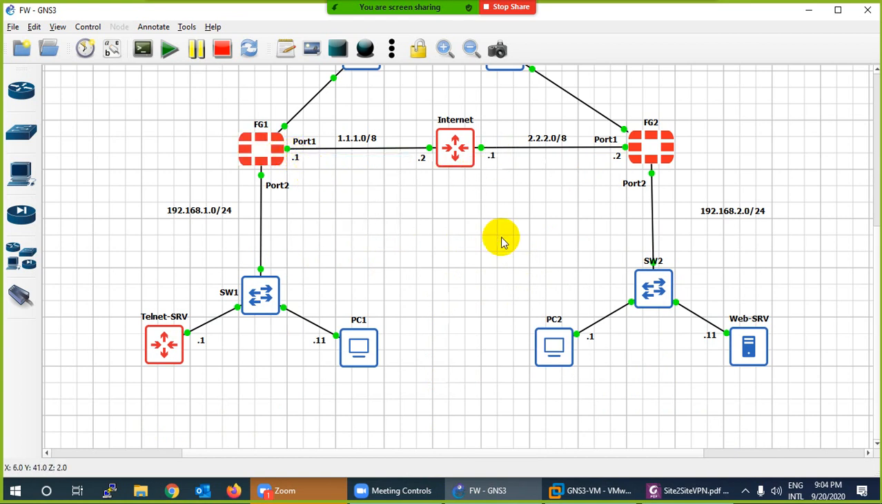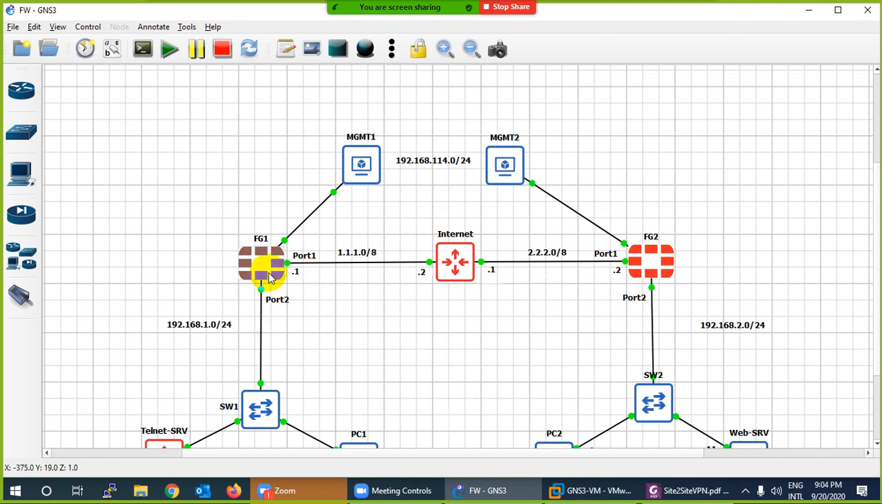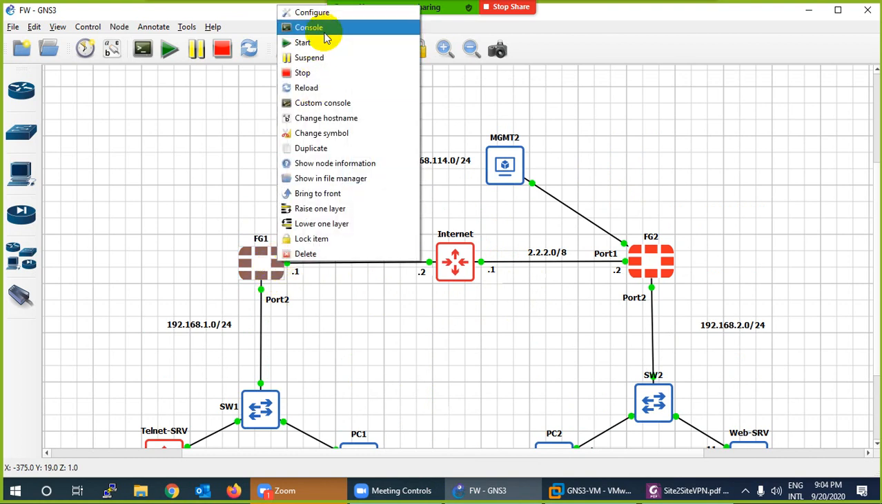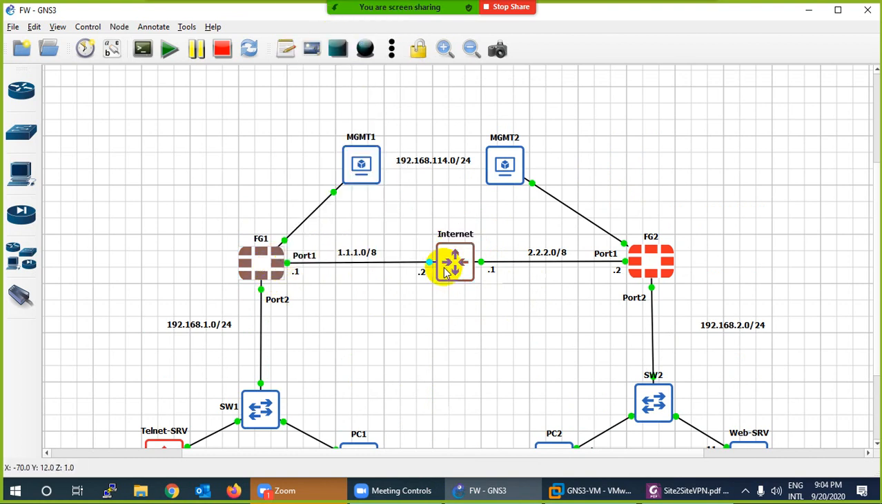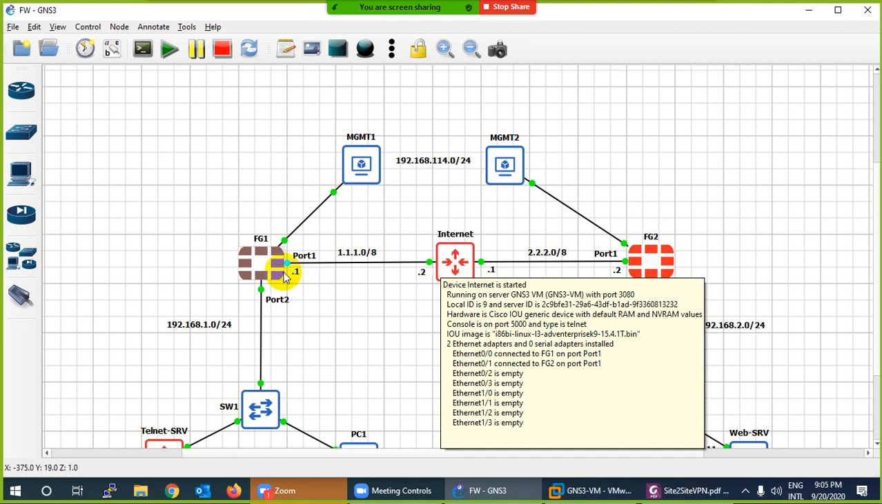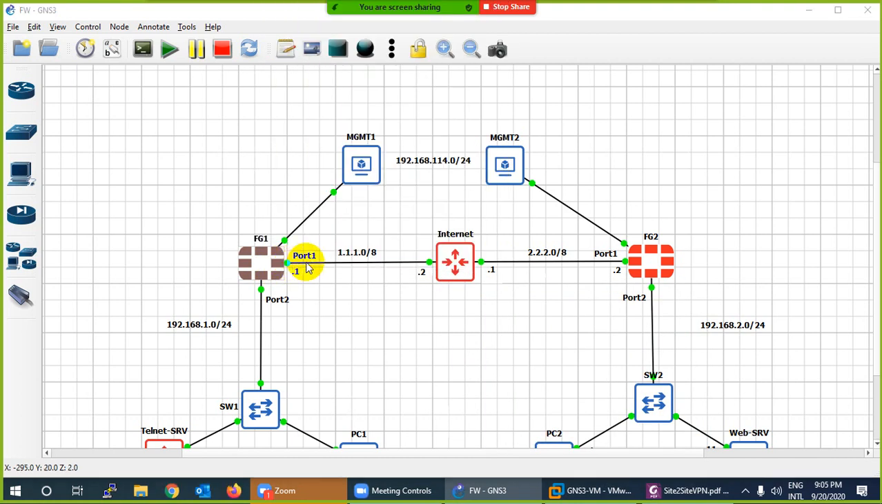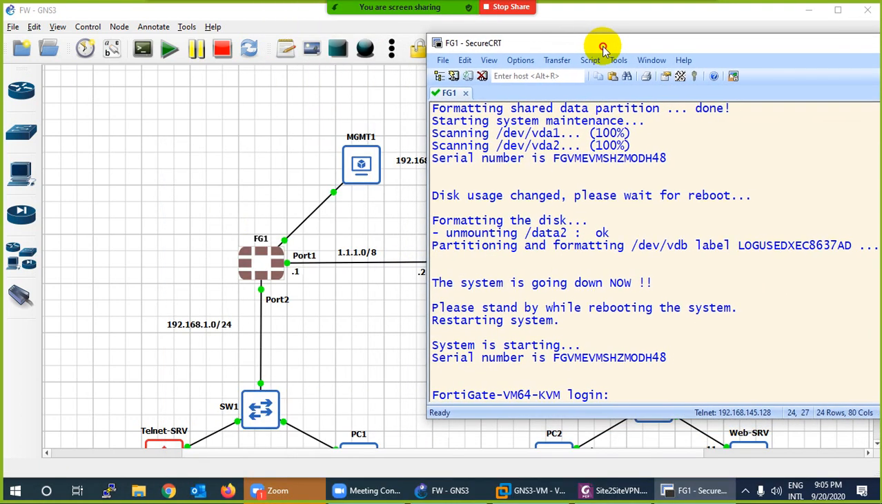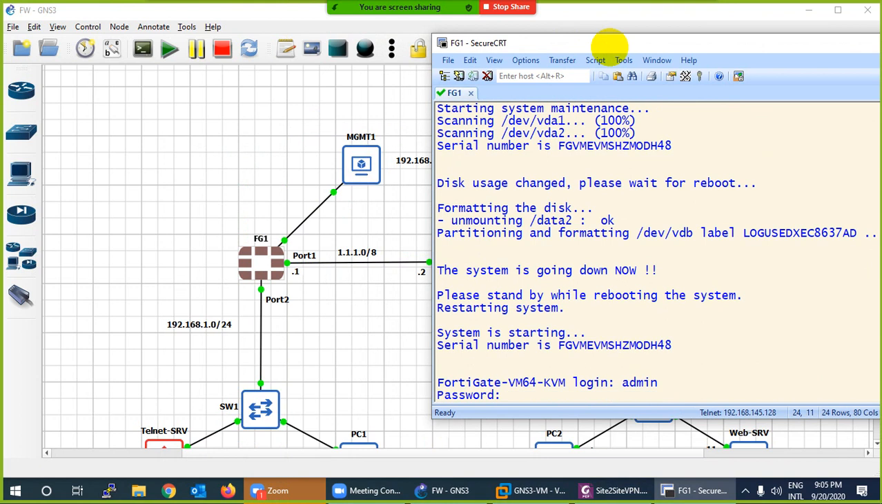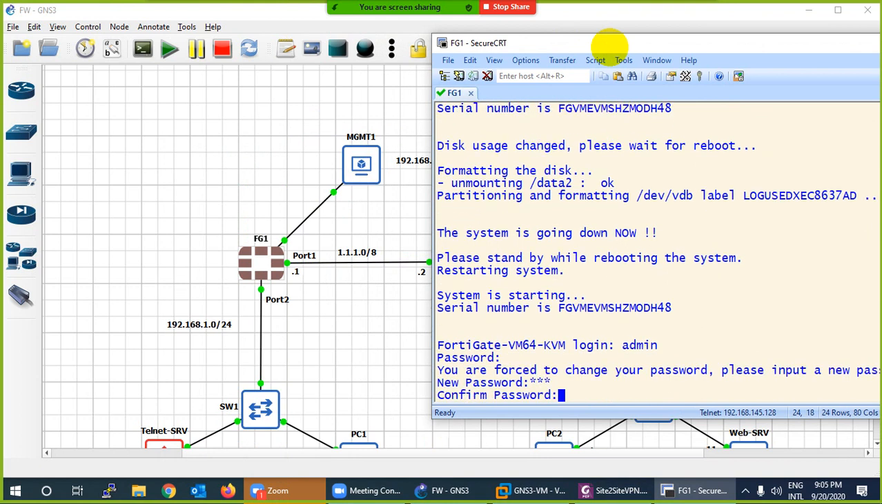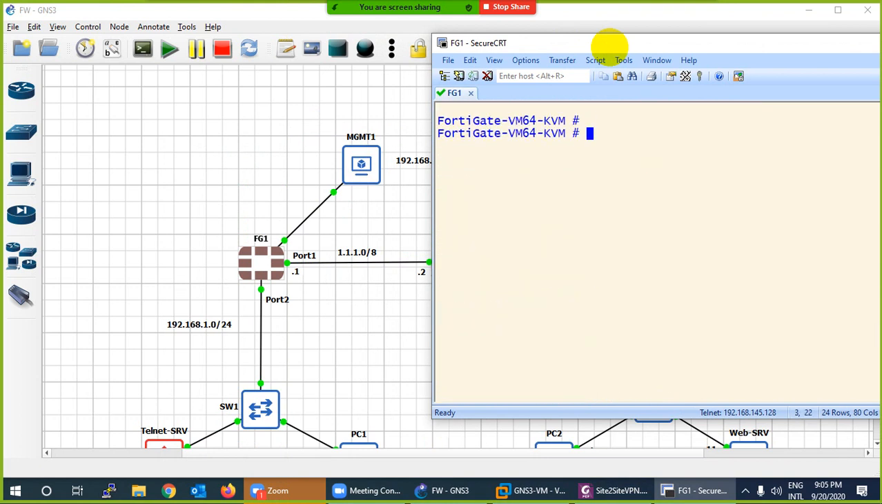Okay. Now coming to the firewall, the last thing. So right click, go to console and log into this device, because DHCP is enabled on port 1, so we will not get any IP. So first login admin, no password, enter 123 123,